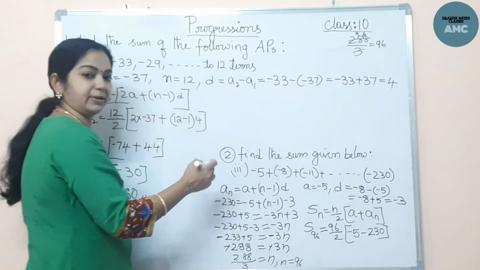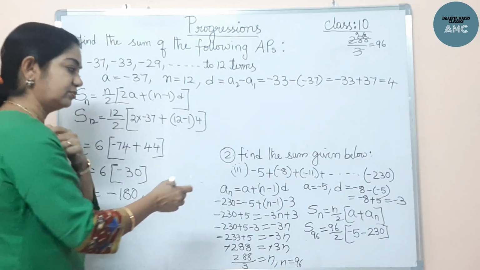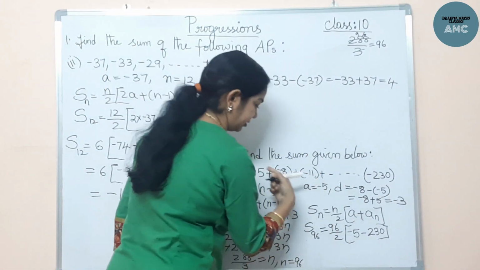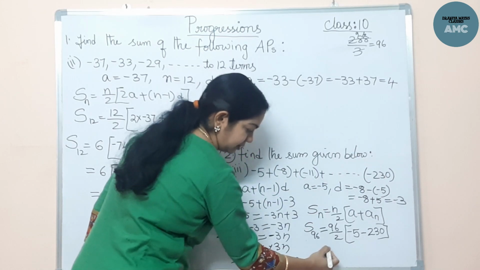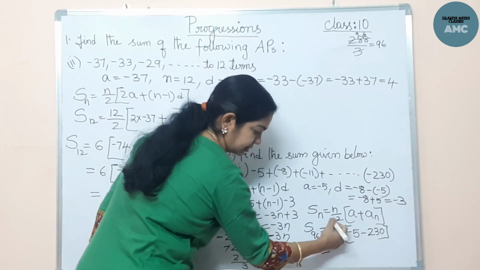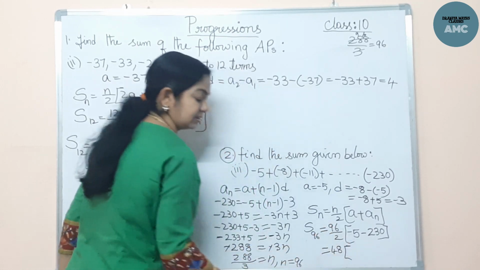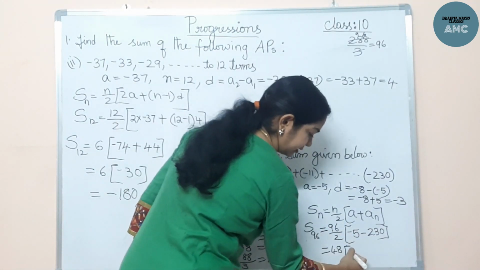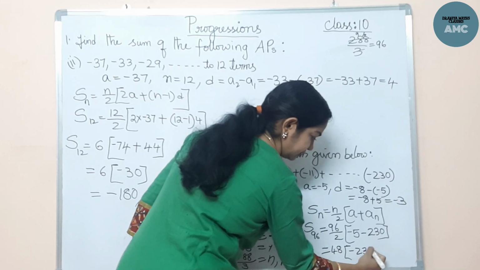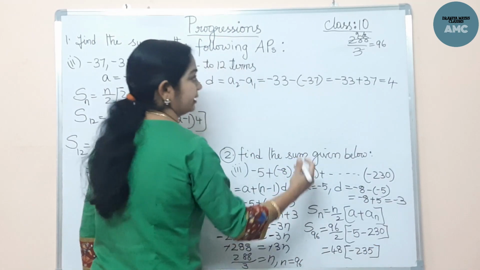Here there is no need of applying the other formula, because we don't need to write all the D and all. Here the first and the last terms are given. So if you cancel it, with 2 it comes to 48. Now this is minus 235. So simply multiply it here